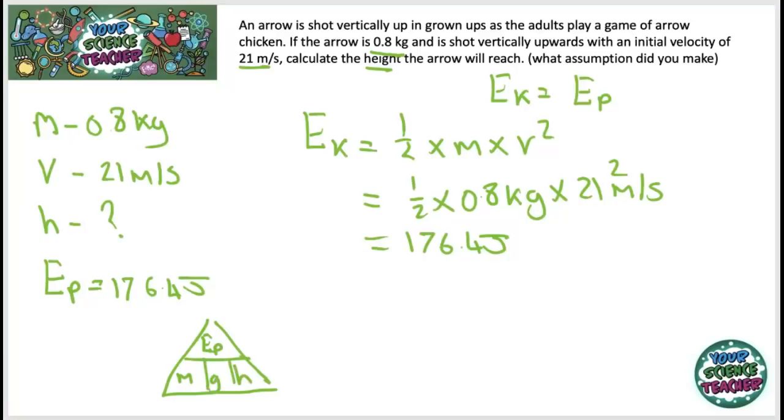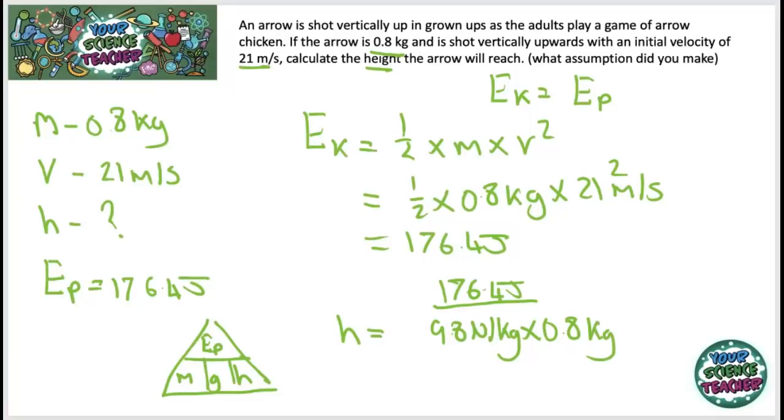And this time I'm trying to work out height. So my height is equal to 176.4 joules divided by gravity, which we know is 9.8 newtons per kilogram, times the mass, which is 0.8 kilograms. And that will give me an answer of